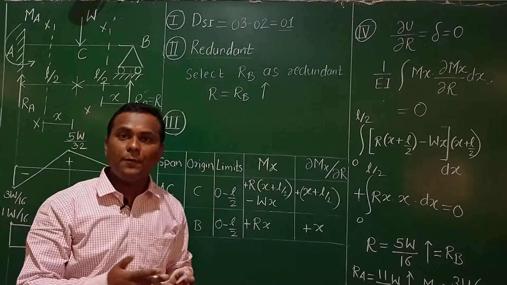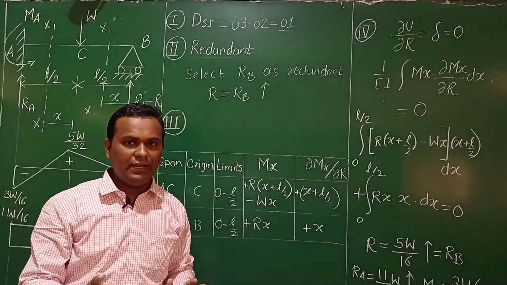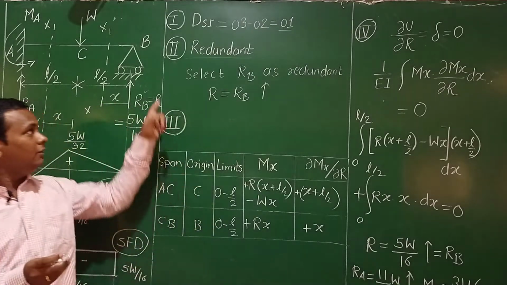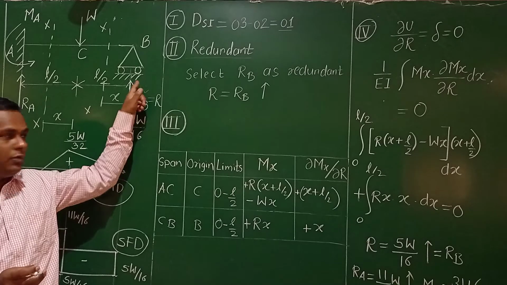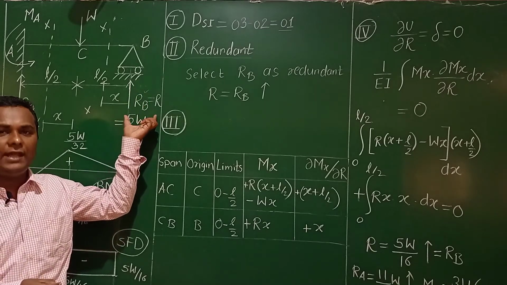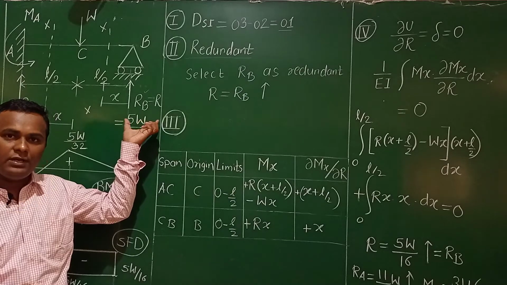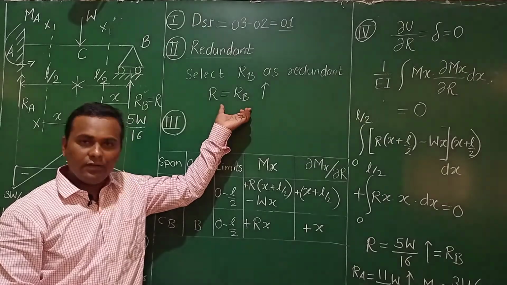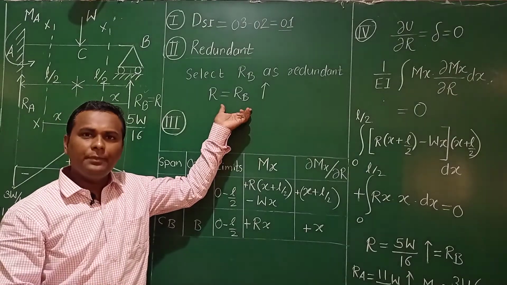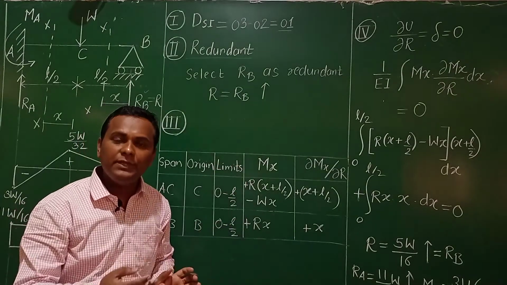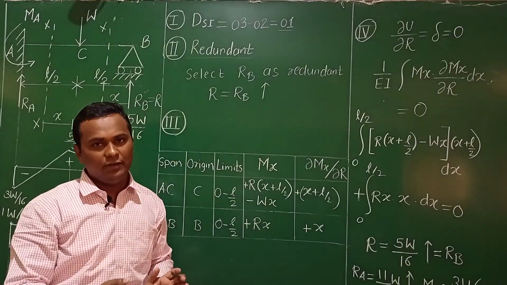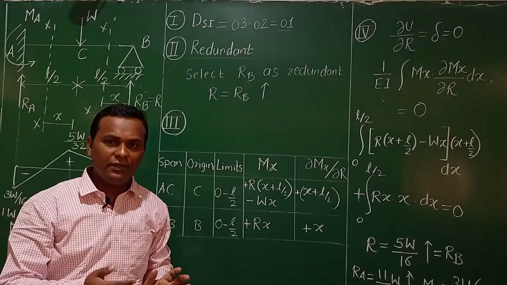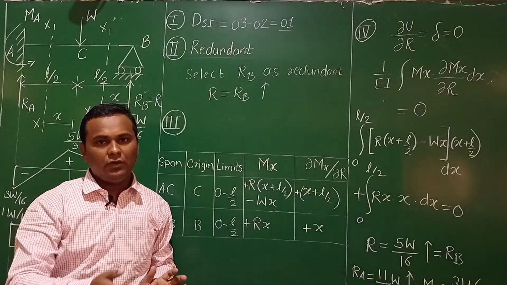When we have a propped cantilever beam, in most cases when we have vertical loading, we will have a roller support or a hinge support. In this case it will be offering only one reaction. So if it is offering only one reaction, the problem will be restricted to redundant equal to 1. For example, instead of a propped cantilever, if we have a fixed beam, then we need to increase the number of redundants. In that case, the degree of static indeterminacy will be more than 1, it will be 2, it will be 3, depending on the support condition.